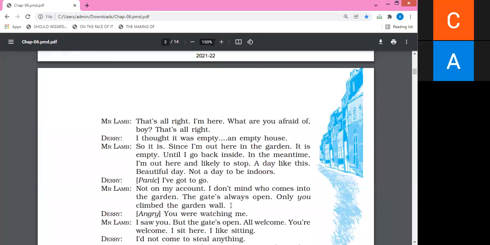Just look at the beauty of this dialogue, dear students. Not on my account. We look at this phrase, on one's account. Literary language is there. It's very easy to understand. It means not because of him. Very clear up to this particular point. On one's account is a phrase, it's not an idiom. He wanted to highlight that particular point: it's not because of him.